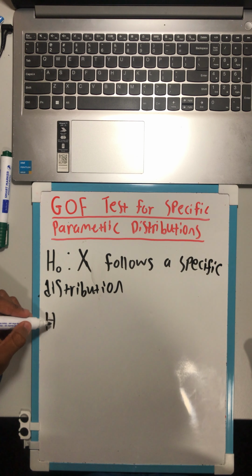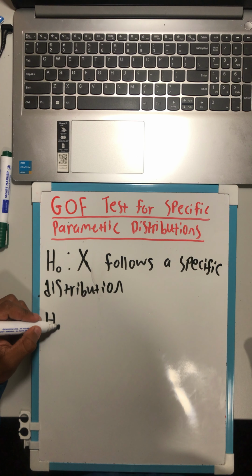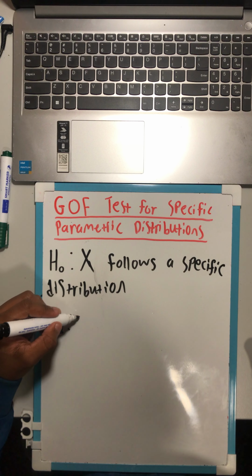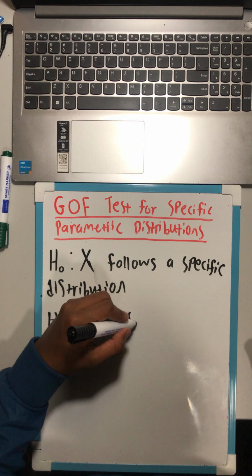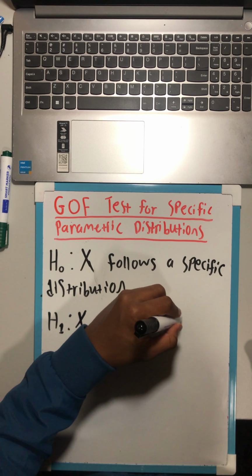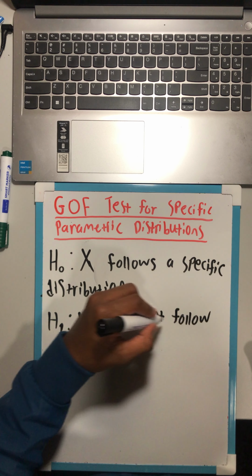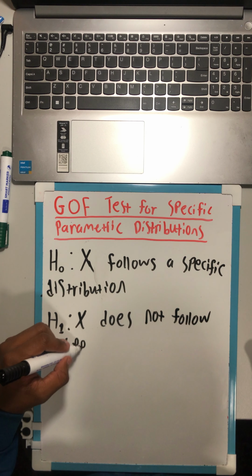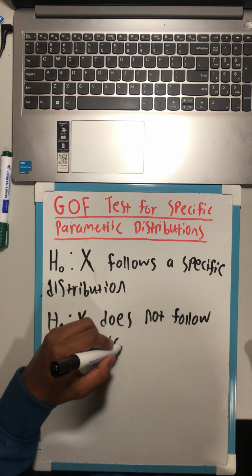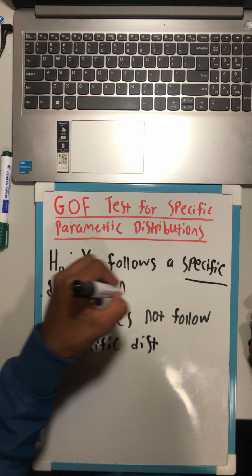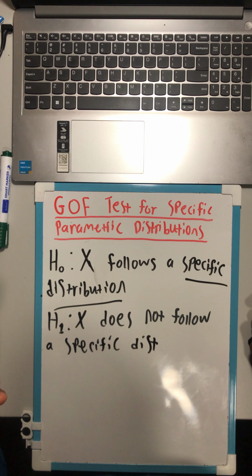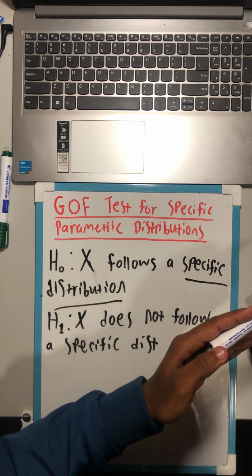And for your alternative hypothesis, you say x does not follow a specific distribution. When you have a specific distribution, for example a test for a Poisson, x follows a Poisson distribution